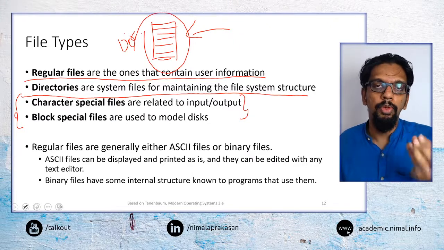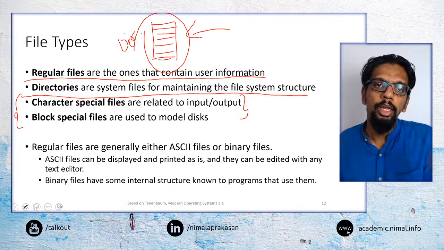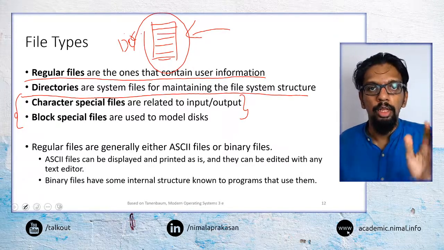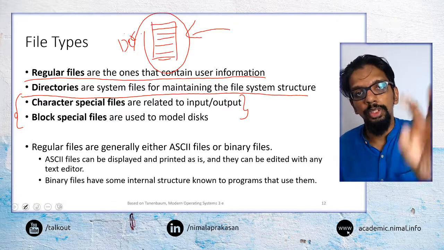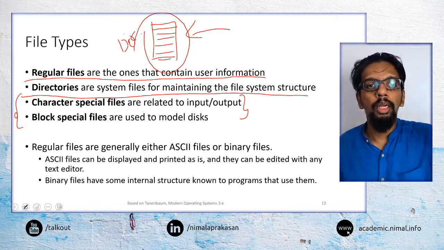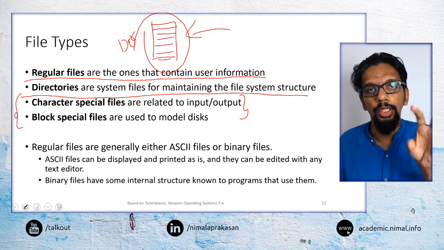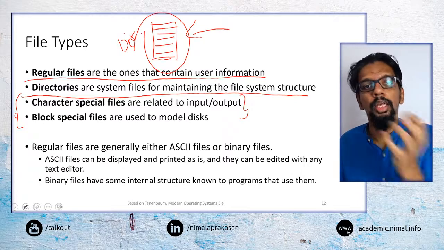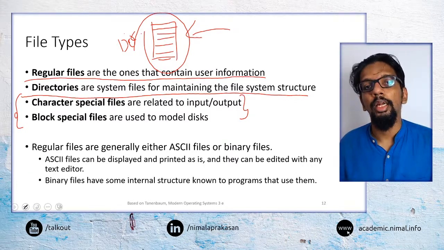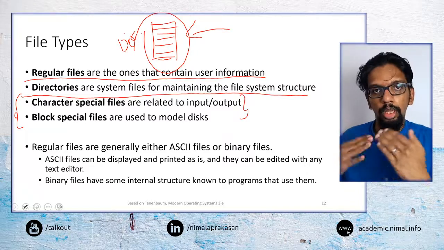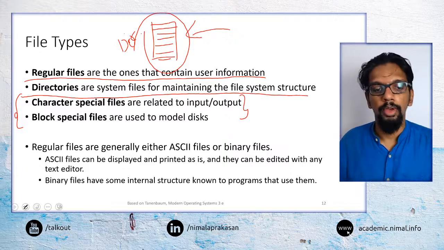And then say, for example, if you want to print something, you go and edit a particular file or add some information onto a file, and whatever information you save in that file will get printed. So the printer will always try to read that file. When there's new information in that file, it will take that and print. So that is a way this type of character special file can be used for hardware interaction with input-output devices.